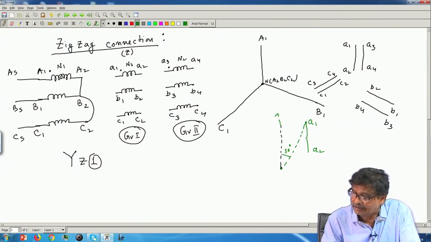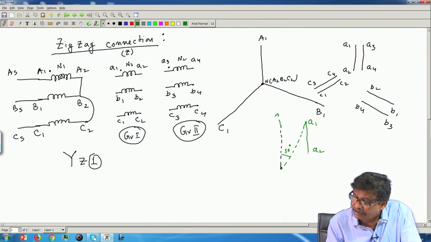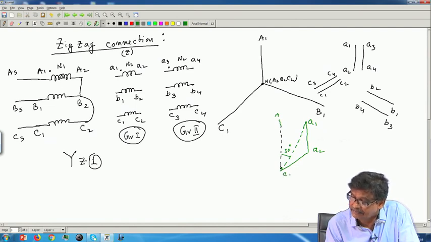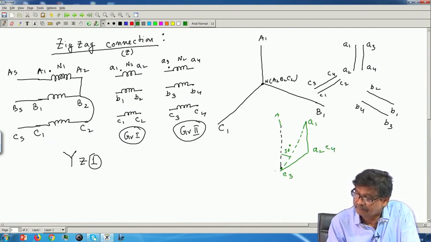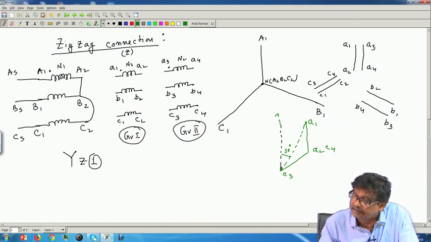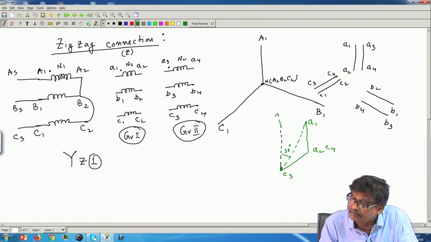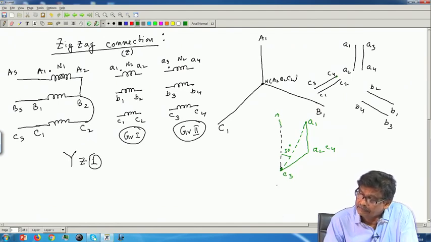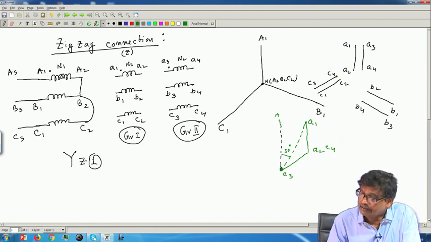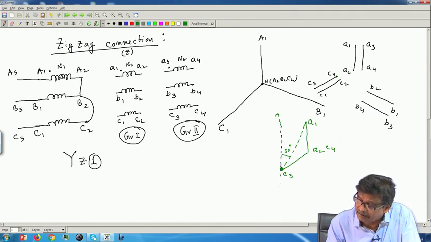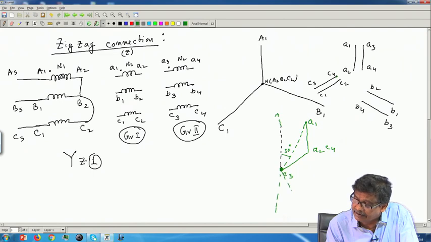Suppose I have decided in the outer coils it will be A1 A2. So, I will write here as C4, C3. See, this phasor is C3 C4 plus A2 A1 can give me this one. So, this is one phase voltage. Now, once you have drawn this, the result is obtained. B phase will be 120 degrees apart from this line. So, draw a line here,